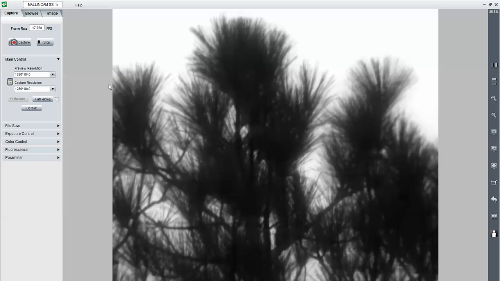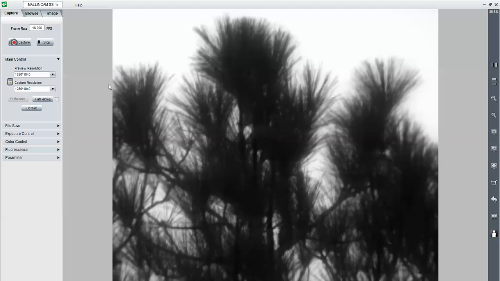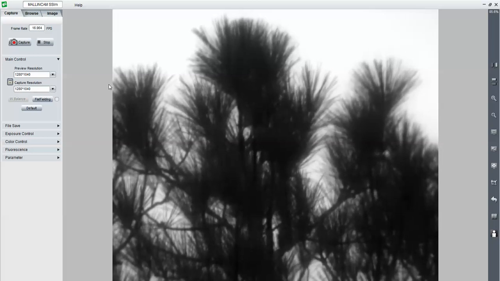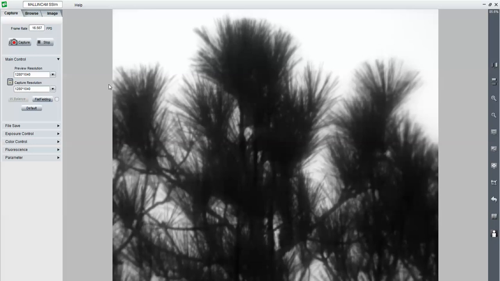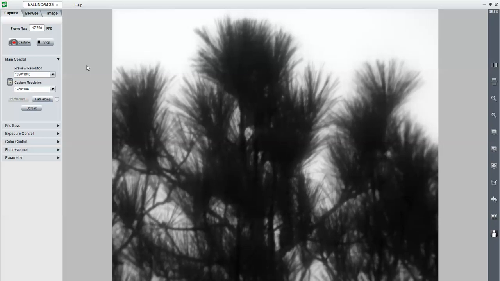What I'm going to do is take a short video using the Malincam SSI M for monochrome. I have the camera mounted on my Celestron 6 SE with Hyperstar at f1.9. There's a fairly large obstruction that the camera provides, but I just wanted to see how well the combination would work, and later on, if the skies permit, I will try to see how well it works on objects like